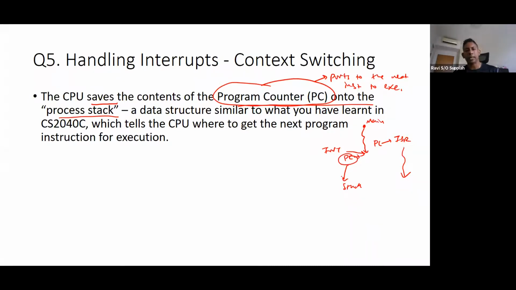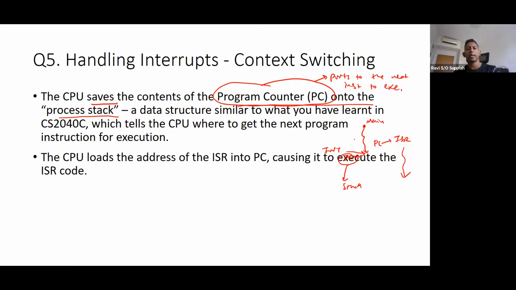These are other registers or other information that is important depending on what it was executing at that point in time. So the program counter is just one of the registers. Then it loads the ISR and starts to execute.